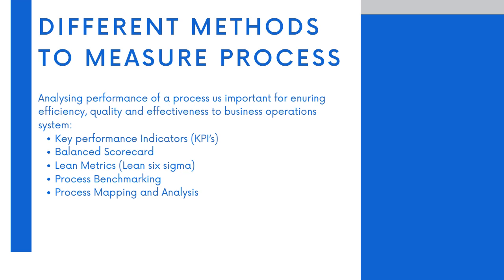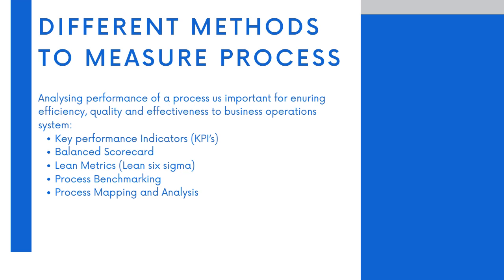A lot of these concepts are used in business from a leadership perspective, and it's how we would measure processes in the job sector. Then we have Lean Six Sigma or Lean Metrics, and it's used from a process performance perspective: how do we reduce waste and how do we improve efficiency? So you'll see a lot of the time the keyword here is efficiency. Every business wants to be as efficient as possible, meaning the least amount of inputs to get the most amount of outputs. Anything that can save you from a cost perspective and improve your profitability is how we're going to